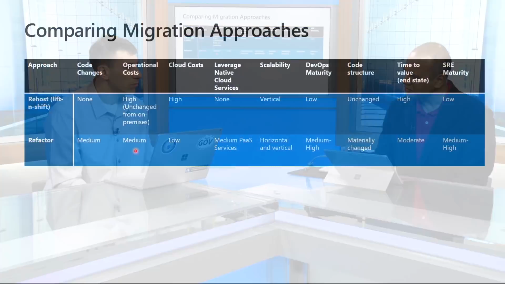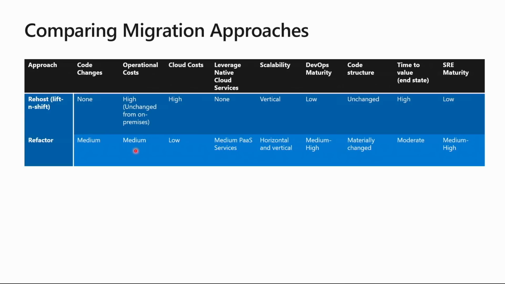Let's just very quickly do the same columns for Refactor. I'll just highlight the ones that are impactful here. There may be some code changes because you are going from a SQL Server instance perhaps to Azure SQL database. And of course, you can take advantage of managed instances to reduce the code changes there. Operational costs are reduced because for some parts, you're taking advantage of what the cloud provider like Azure is providing. Cloud costs are lower because you're not paying for the entire VM. You're only paying for that instance of the service.